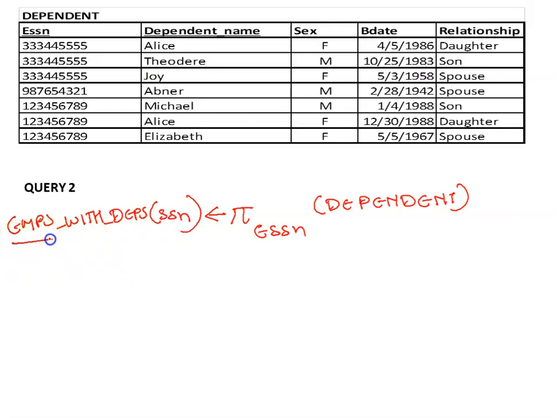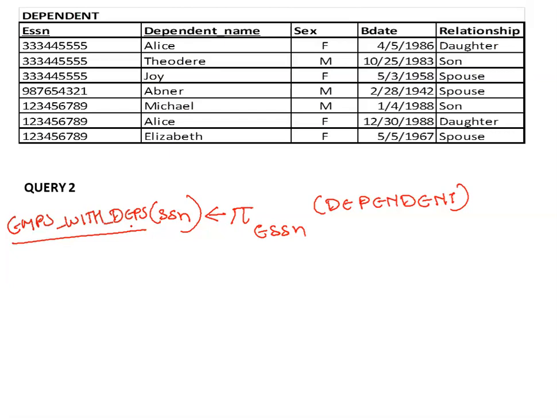So basically this table has a list of those SSNs who have dependents, whereas the previous relation, that is EMPS, has SSN of all the employees.